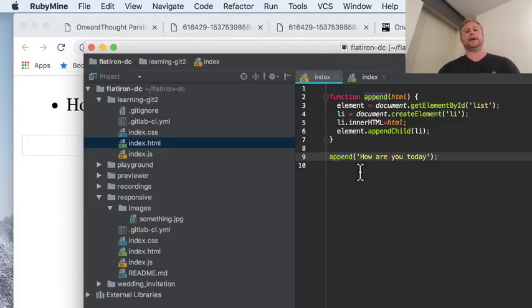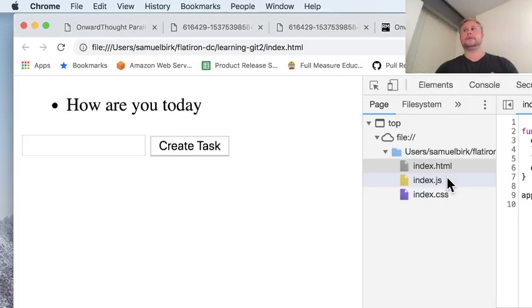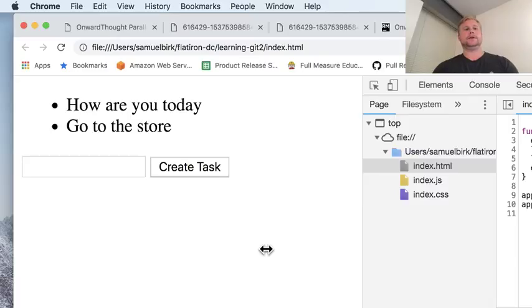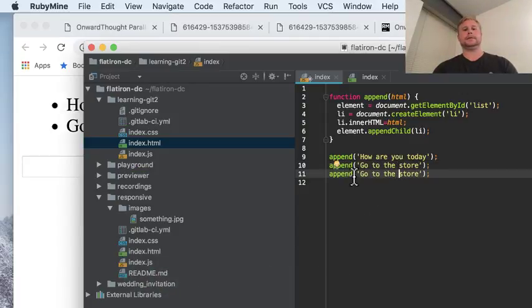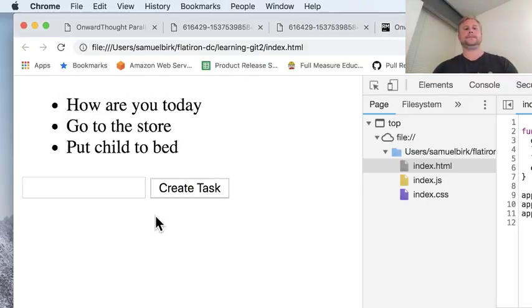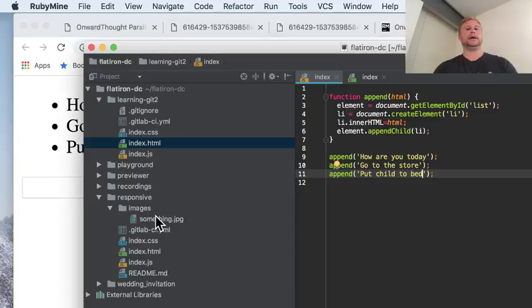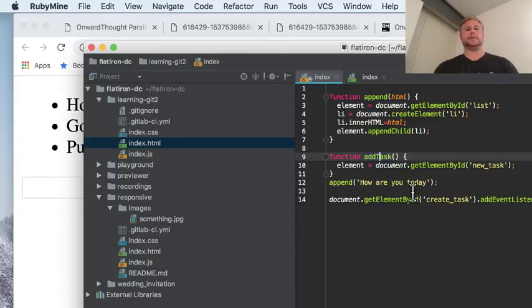So if I want to append to that list, go to the store, what's going to happen now? It'll add go to the store. And then if I append, put child to bed, what's going to happen? Put child to bed, right? So if I go back now to this example,